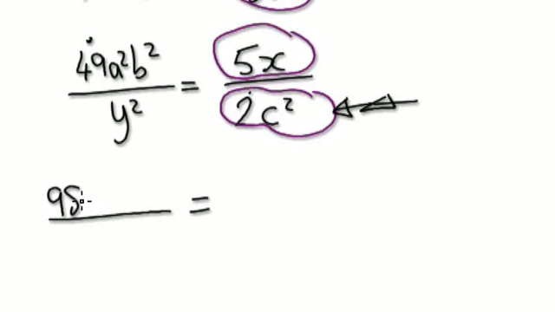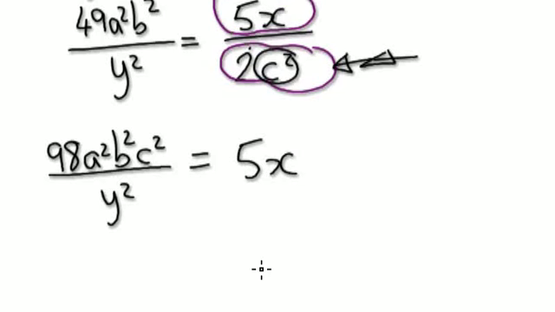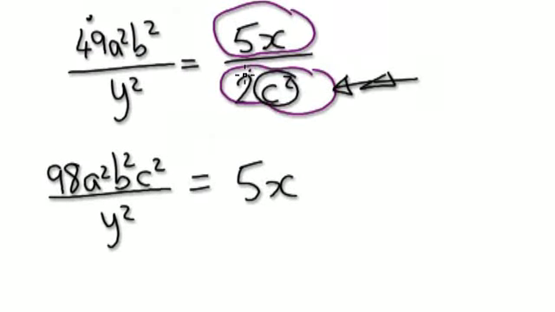80, 90, 98. Okay. A squared times, well, there's no a squared over here, so this would be a squared. B squared, b times with a b over here, there's no b over here, so it stays the same, b squared. And then the c squared times, well, there's no c squared here, so it becomes this. Okay, and then y squared here. This will be 5x. So now divide both sides by